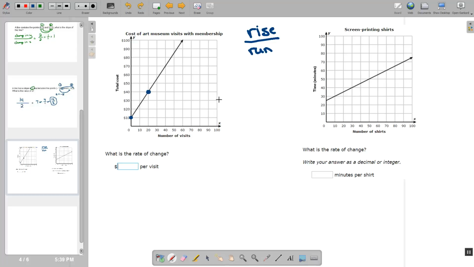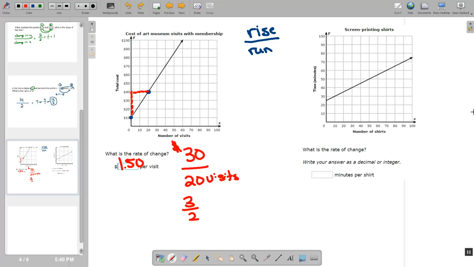We have to find ordered pairs that hit the corners. I'm going to count up how much it went up in my y value. So I noticed that my rise was $30. And then I have to go over with my run, which is 20 visits, which simplifies down to 3 over 2, or